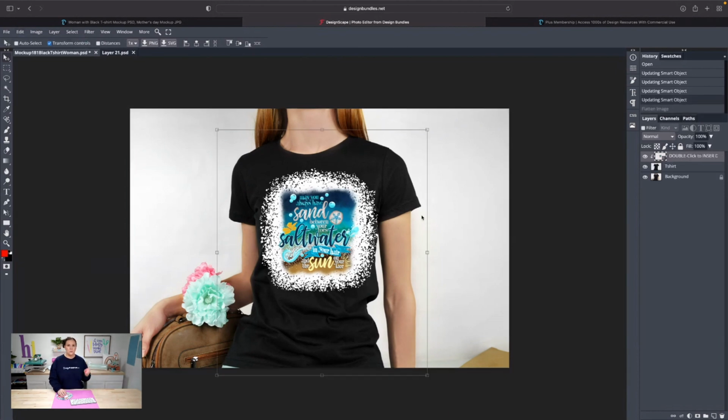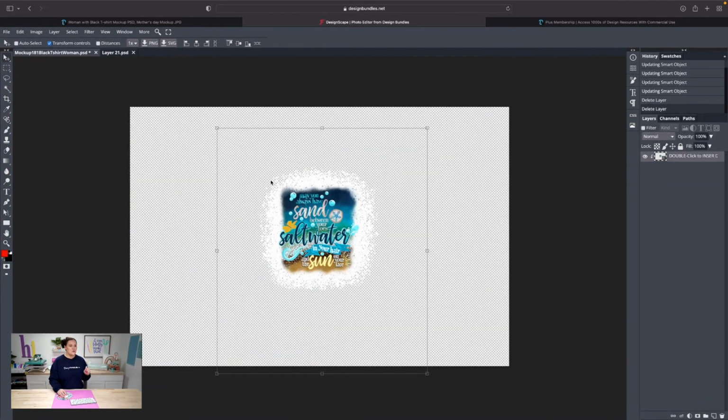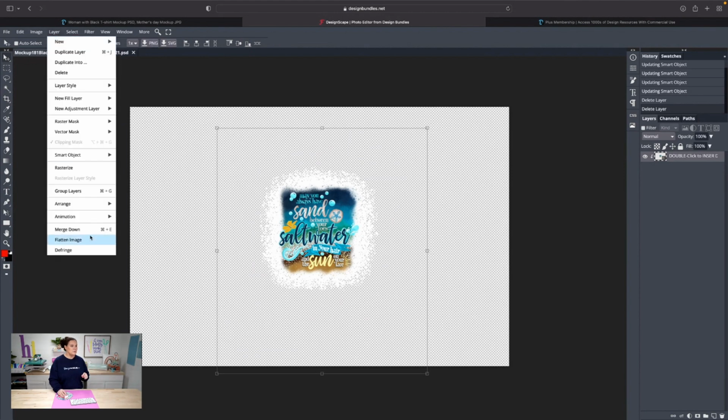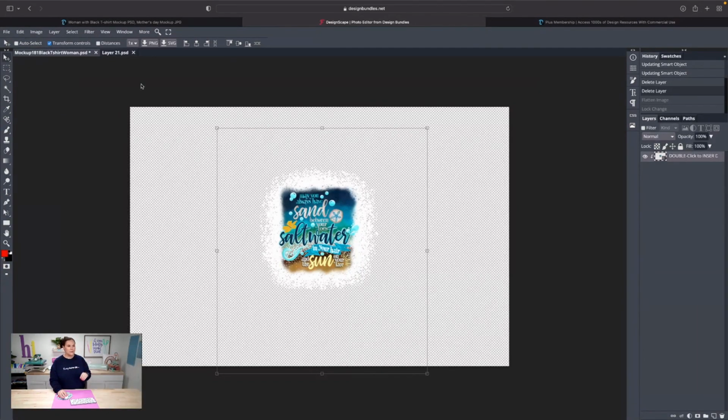Now, what if I just wanted to use this design? I wouldn't actually have this t-shirt. So I'm going to go ahead and hit Delete, delete, and now I only have this file. So if I went over here and went to Layer, and then went to Flatten Image, that way it's one solid image there. You can't see because of the white here, but let's go ahead and hit undo. Undo. There we go. So I've got that transparent so you guys could hopefully see that. So if I hit on PNG, this is now going to be a file that I could take and sublimate.